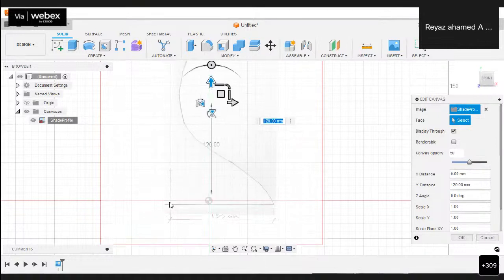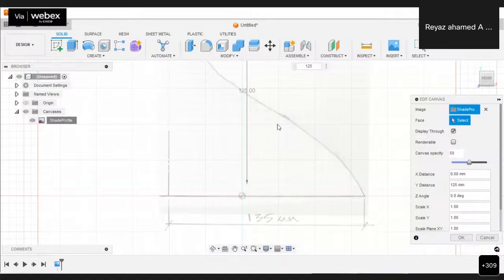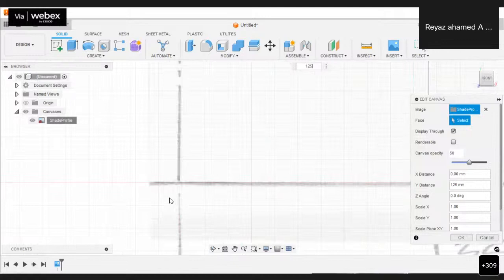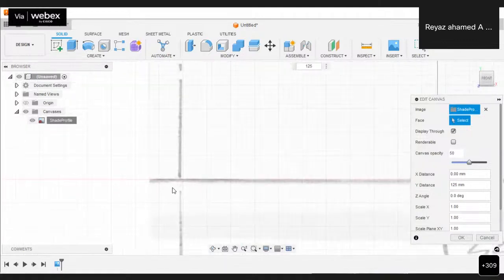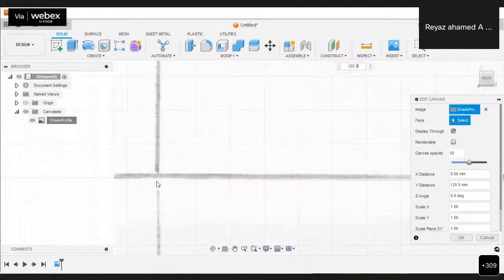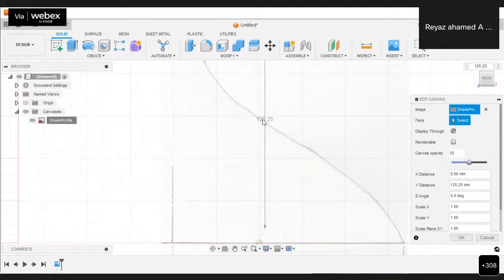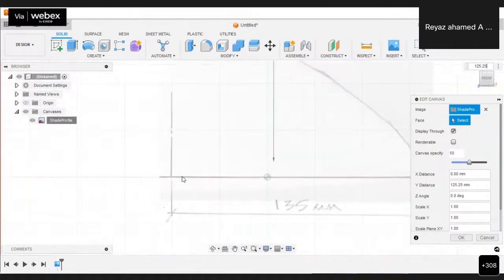So by default, as of now, it is on 120, but actually it is not coincident with the y-axis. So let us change this value from 120 to 125. Yeah, it is fine now actually. 125 is fine. Or else you may just give 0.5 value. See, that is moved upwards. Or else give 0.25. Then it's fine. See, here I have given it as 125.25 actually. See, now the horizontal line is aligned with our Fusion 360 y-axis.